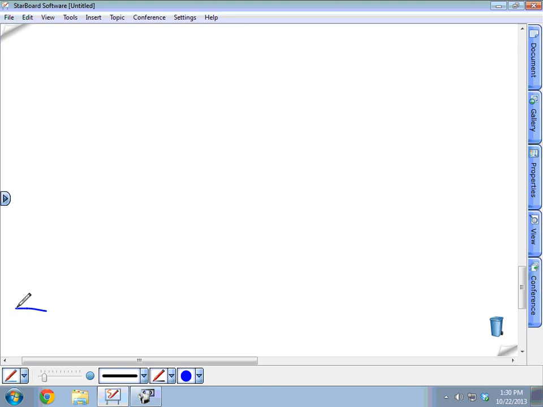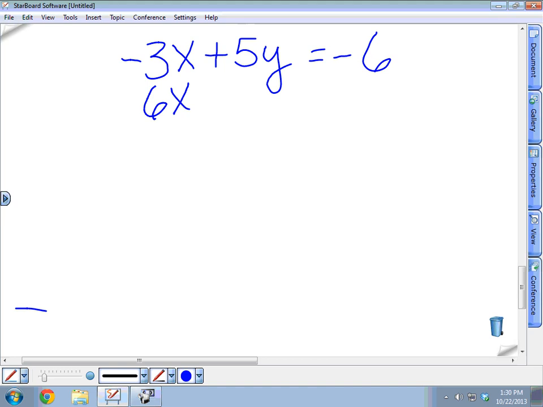Now, let's do one rather than say if. Let's do this. We have minus 3x plus 5y equals negative 6. And we have 6x minus 10y equals 12. Okay. So if you have this sort of an equation, and you go to solve it,